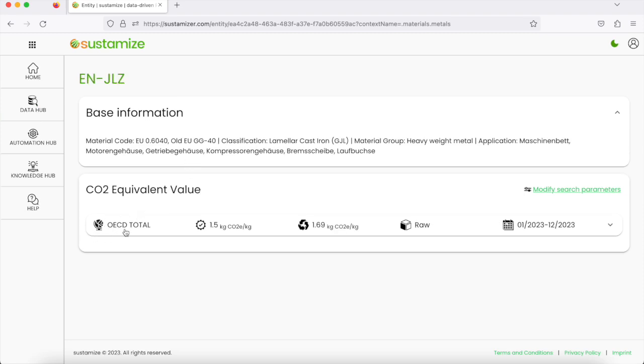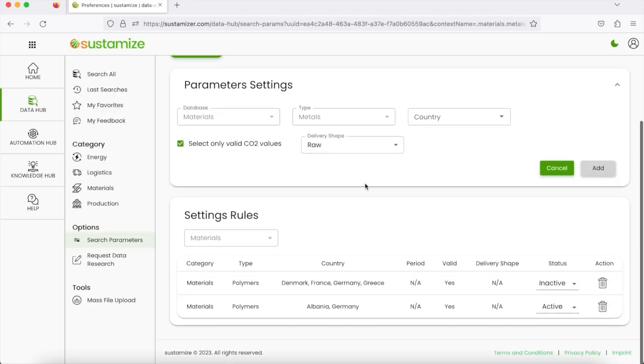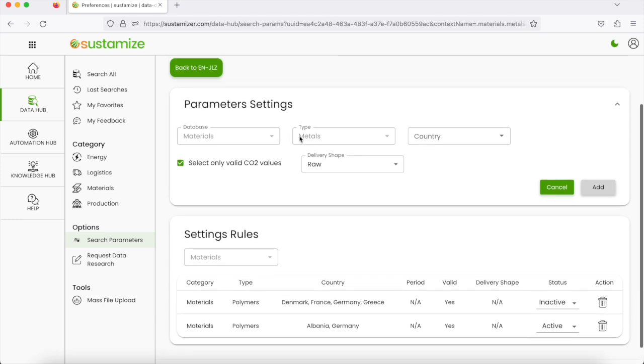If I want to see the value from Germany, from Europe, or from India, from Romania, then how can we do that? We have the facility to change that setting. You can see here on the right side we have the modify search parameter. If I click on it, we are redirected to the search parameter page, where you are allowed to do the